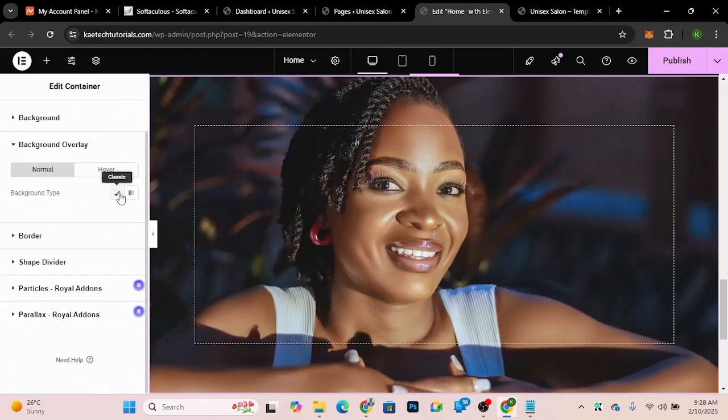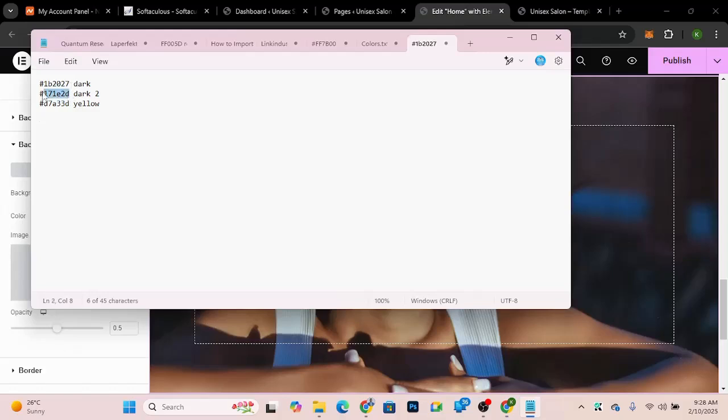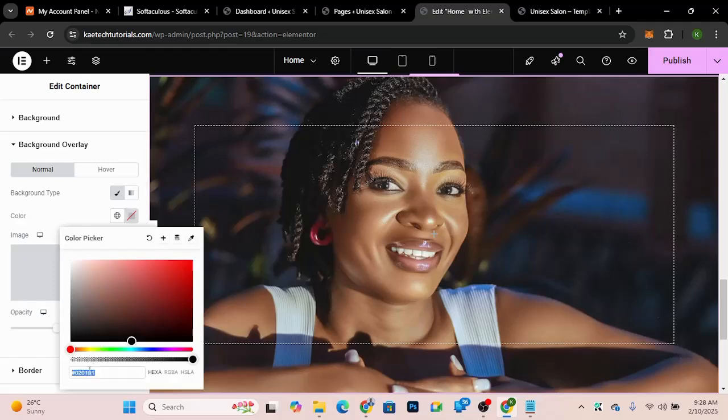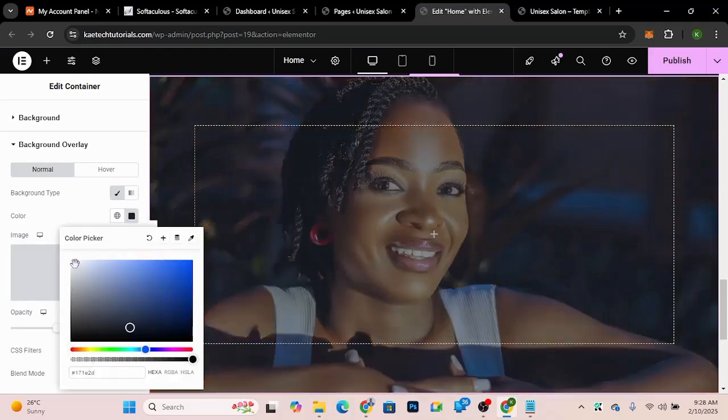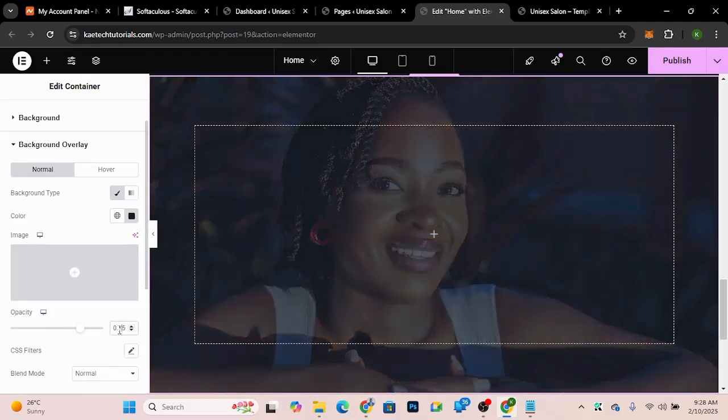So I'm going to give it a background overlay of this particular dark 2 color over here. So I'm going to copy it, come to this place, and paste this overlay over here. So what I'll do is I'll just increase the opacity to 75. Of course, you can increase it to any value you want, but I'm going to leave it at 75, and I'm going to come over here,